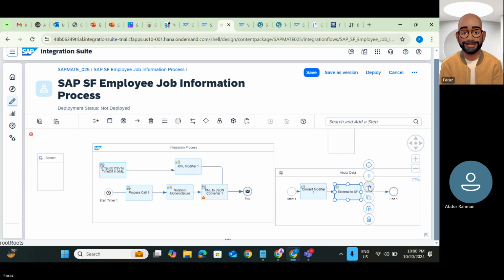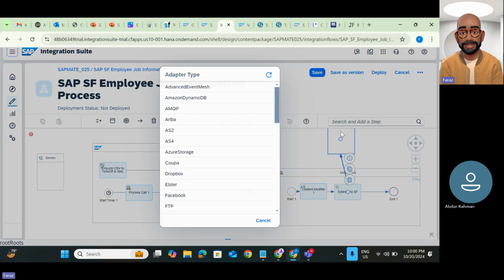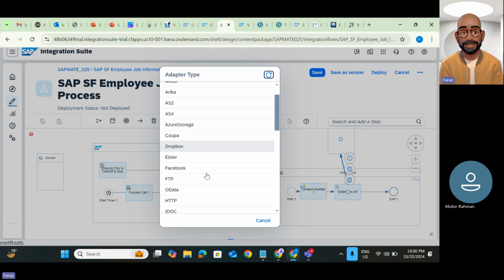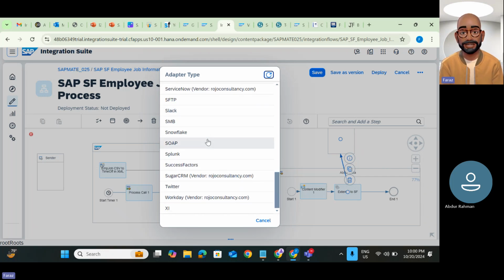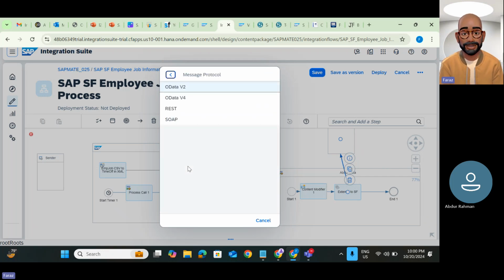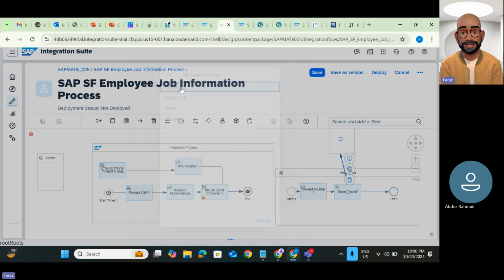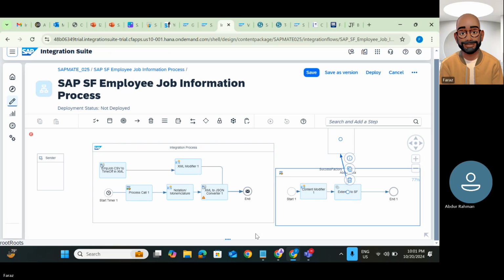Let's say I'm connecting to SuccessFactors from here. Or we can connect to Ariba, Facebook, FTP, SFTP, IDOC, somewhere. So I'm taking the basic one on which we are working. We are working upon SuccessFactors. We have four options in SuccessFactors: OData V2, V4, REST, or SOAP. REST or SOAP we will be seeing in the coming scenarios. Using OData V2, on which we are working,